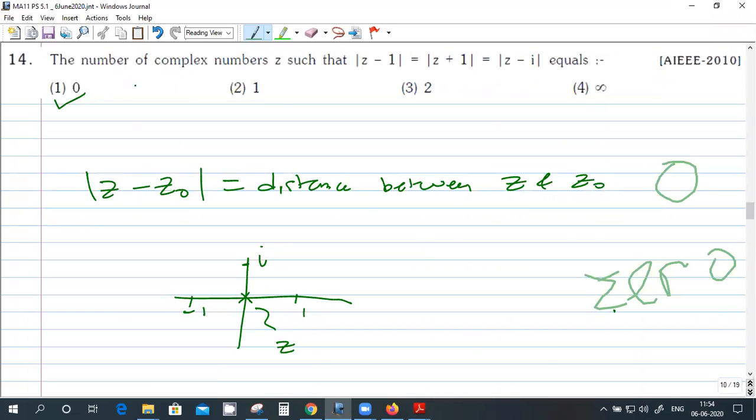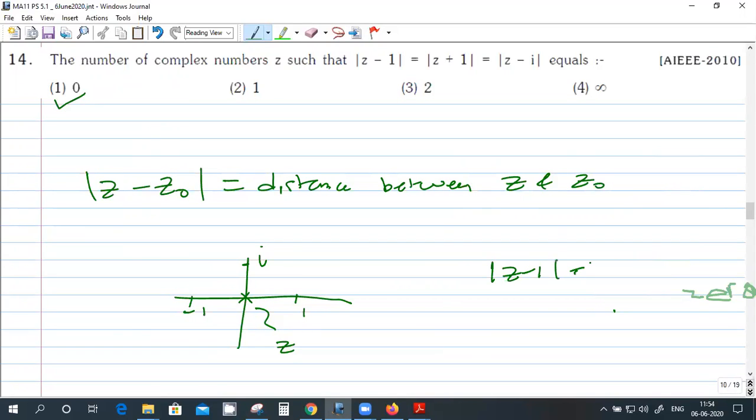Okay. What you have to find is z minus this thing, not z. So z is 0. So what is it? Mod of z minus 1 is 1, right? What you have to find is mod of z minus this point, not z. Is it clear? Okay, sir. You have to find mod of z minus 1 or mod of z plus 1 or mod of z minus i. Right? So read the question carefully. This one,